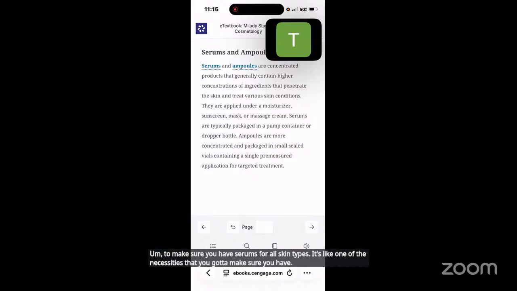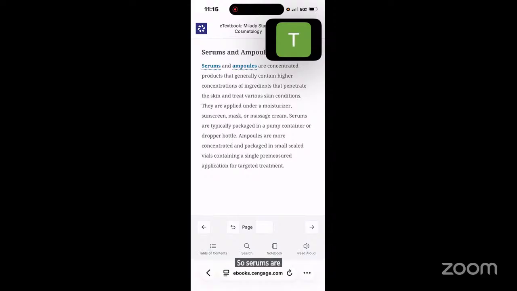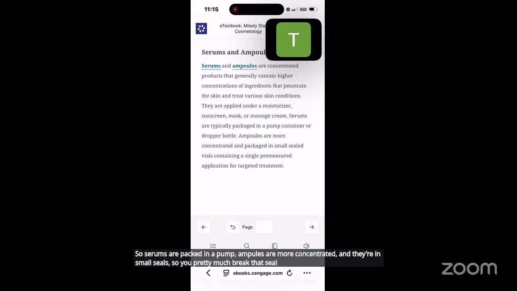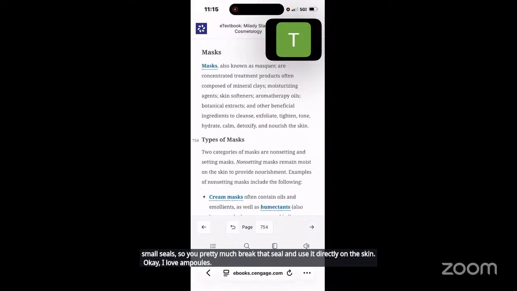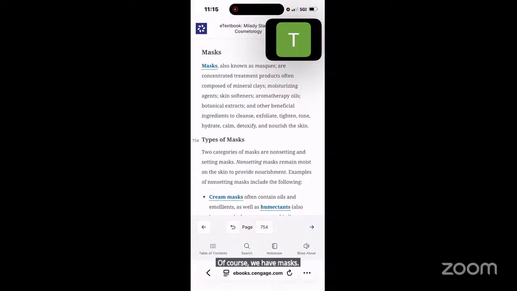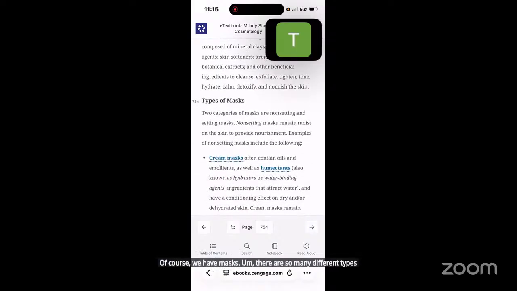When we talk about ampules, serums are packed in a pump. Ampules are more concentrated and they're in small seals, so you pretty much break that seal and use it directly on the skin. Okay, I love ampules. Of course, we have masks. There are so many different types of masks. Some of the benefits of masks: